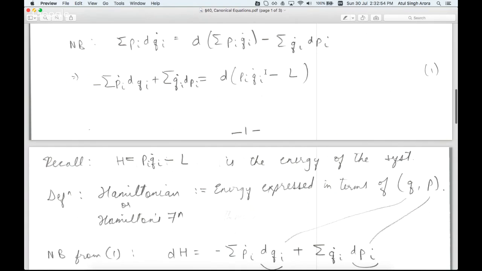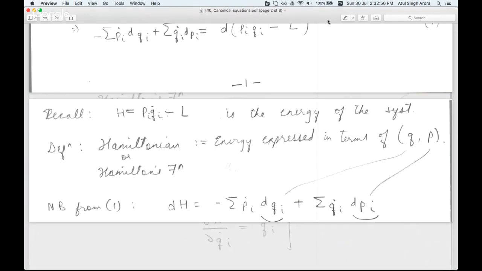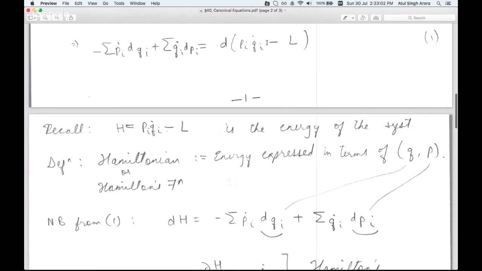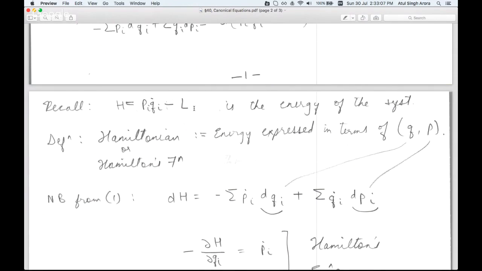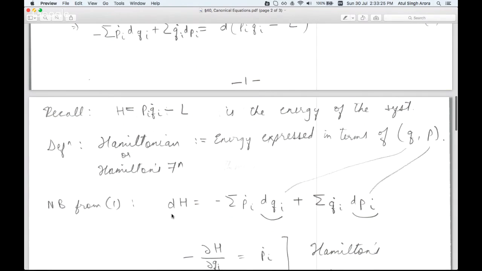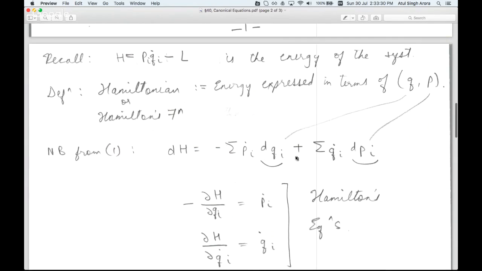This equation is very interesting because the object in the bracket is actually the energy of the system, pq̇ minus L. We derived this earlier by looking at time translation invariance, and it is conserved. When this quantity H is expressed in terms of position and momentum, it is called the Hamiltonian of the system. And if I substitute this expression for H, I get dH equal to minus ṗi dqi